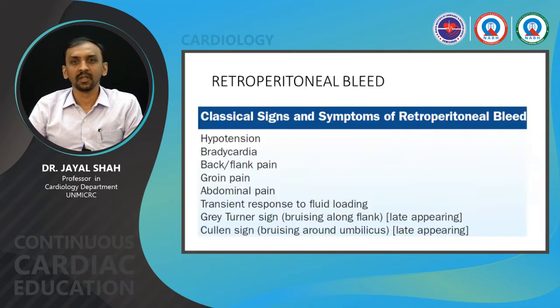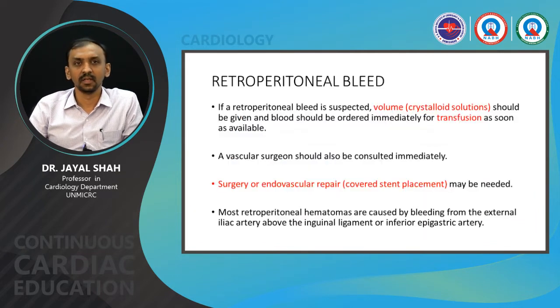So which are the classical signs and symptoms of retroperitoneal bleed? Chief among them are hypotension, bradycardia, back or flank pain, abdominal pain, transient response to fluid loading, Grey Turner sign and Cullen sign. So if a retroperitoneal bleed is suspected, a volume expander should be given and blood should